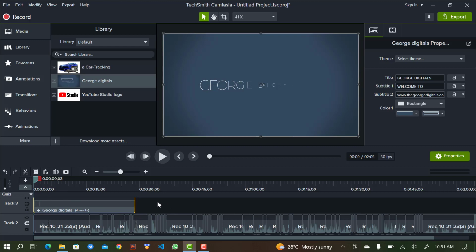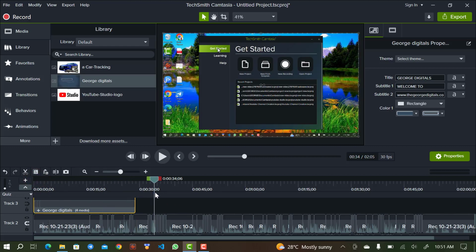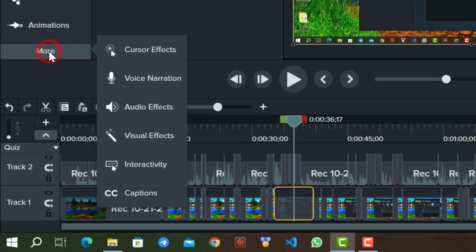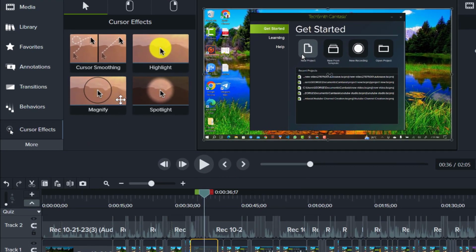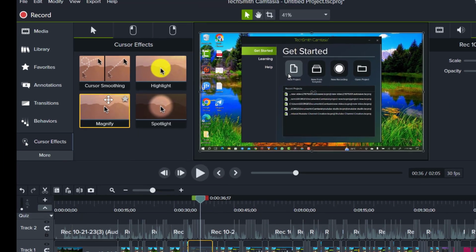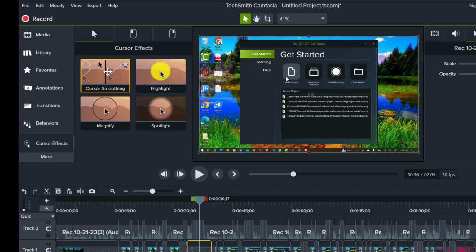Continue our editing. When I take the playhead down to this place, you can see our mouse clicking on our new project here. So from there, to add the cursor effect, you click on more, you go to where it is and click on it. If you want it to magnify, or cursor smoothing, or highlight, or spotlight,